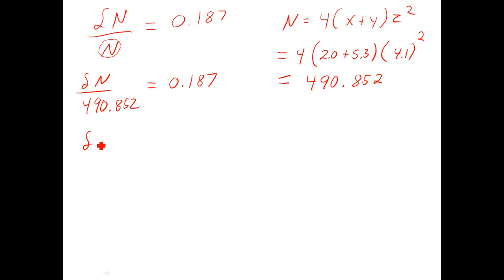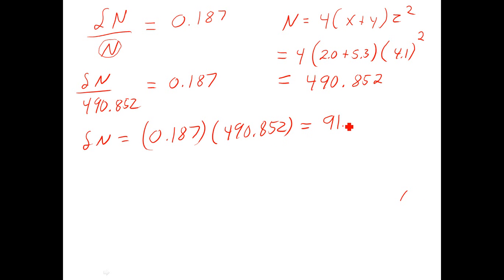So I can solve for the uncertainty in n simply by doing a little bit of mathematics. Multiplying by 490.852 gives us something about